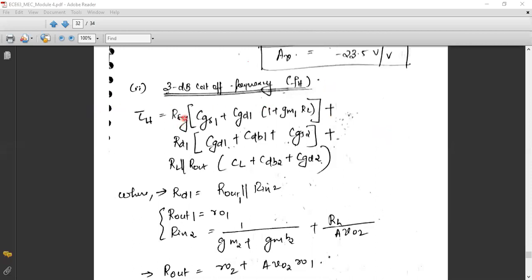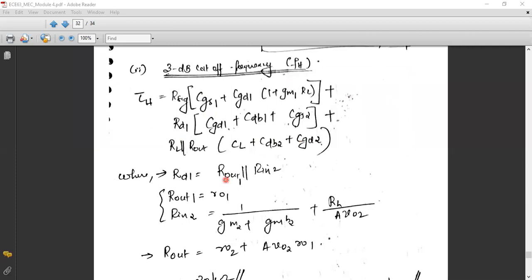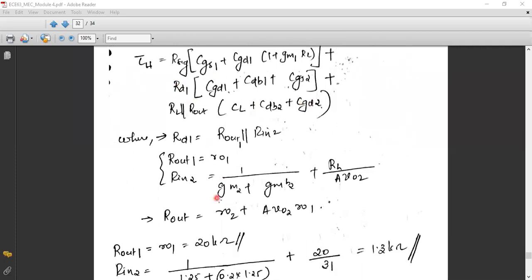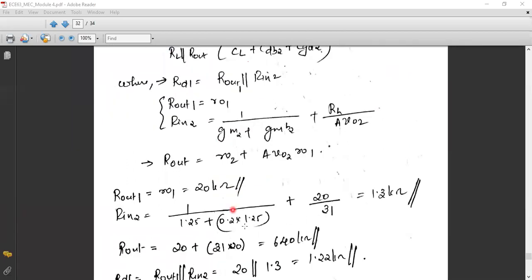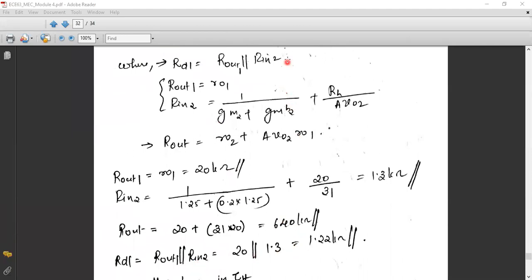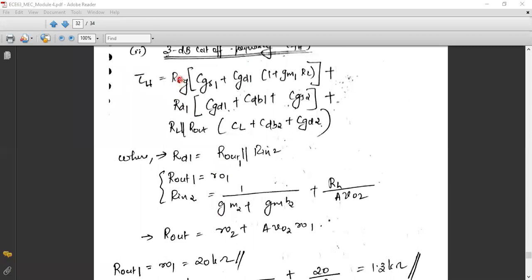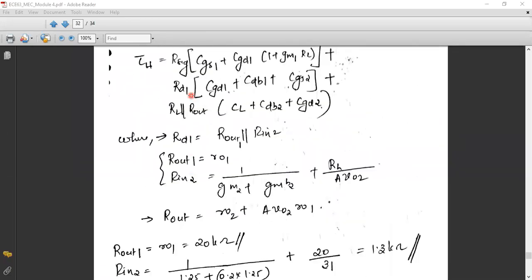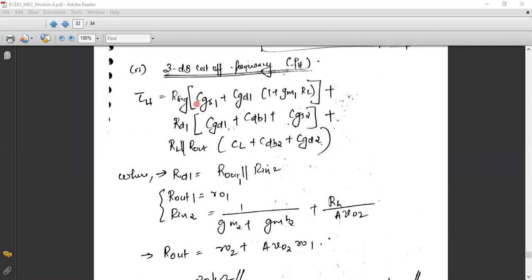Tau h is equal to R sig into... So write this equation, all of you. Substitute all the parameters given in the question as well as the parameters that you have calculated just now, that is the resistances R out and RD1. What is R out? R out is 640 kilo ohm and RD1 is 1.22 kilo ohm. What is R sig? It is 10 kilo ohm. So 10 into 20 plus CGD1 is 5, 5 into 1 plus 1.25 into